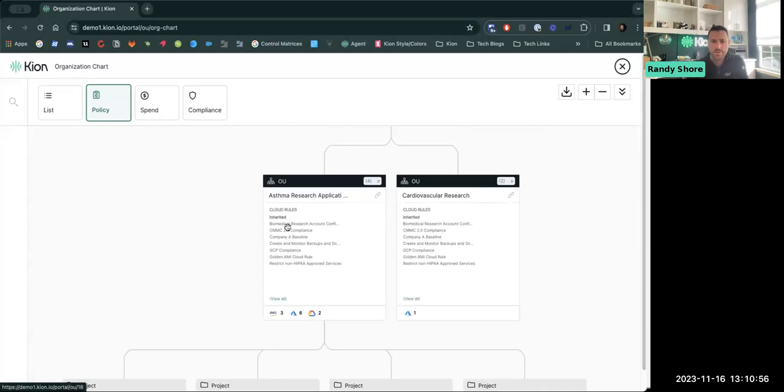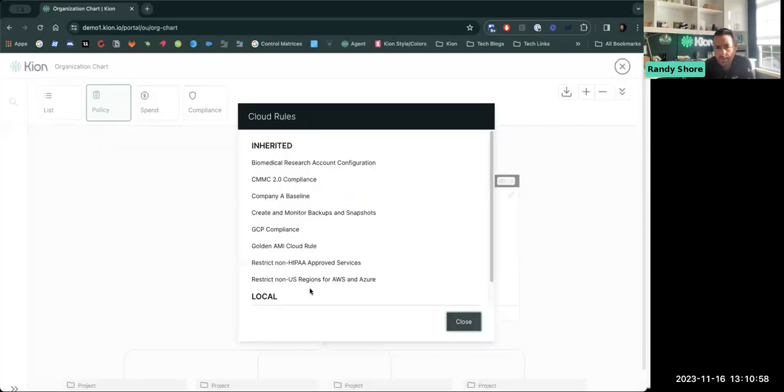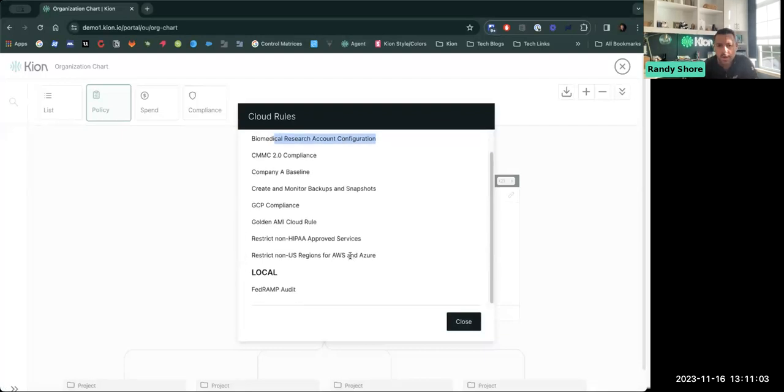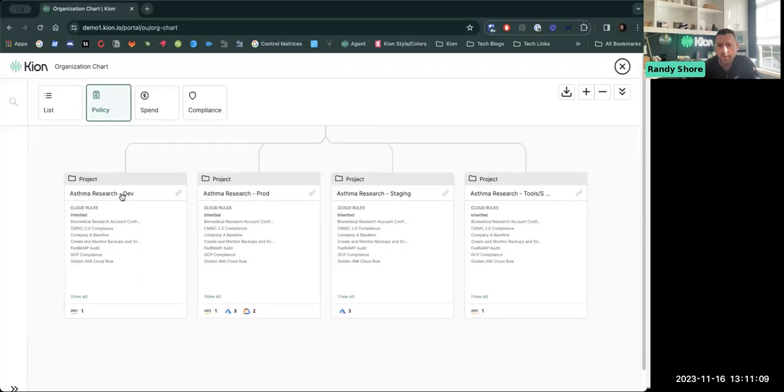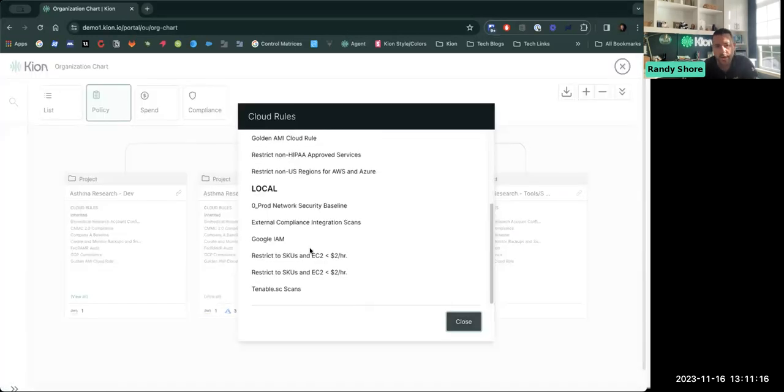So here we have our Asthma research application. We've inherited all of those rules from above. We've set up a very specific type of account in this particular area. Biomedical research, that is. We've shared out some infrastructure there. And then we break down into like your traditional SDLC environments. I've got my dev account and my prod account, my staging and my tools, where we've actually added on even